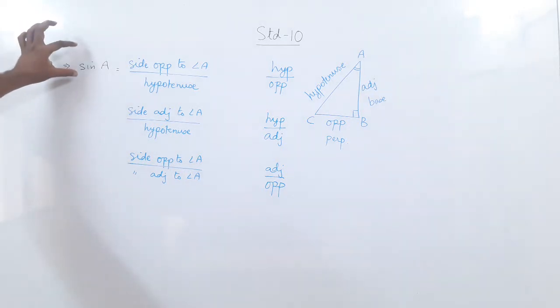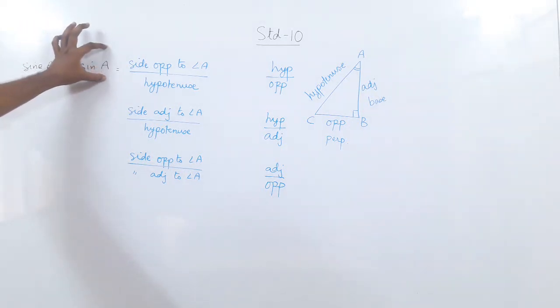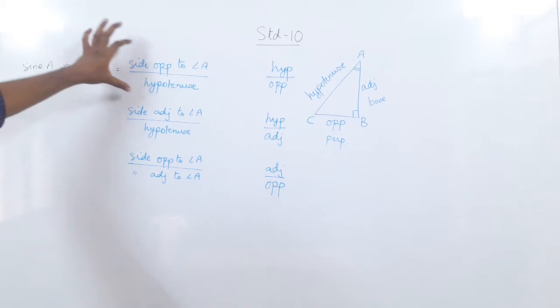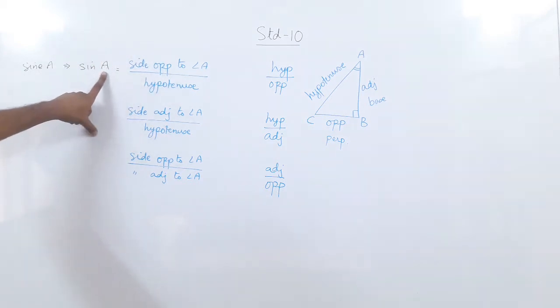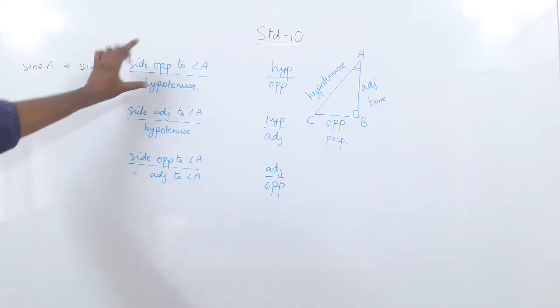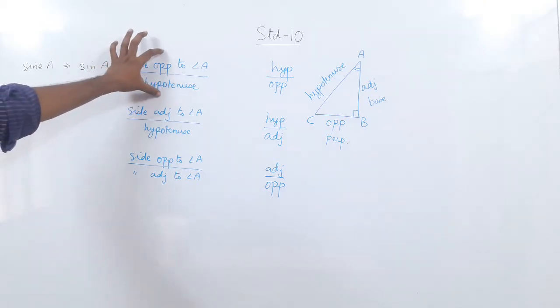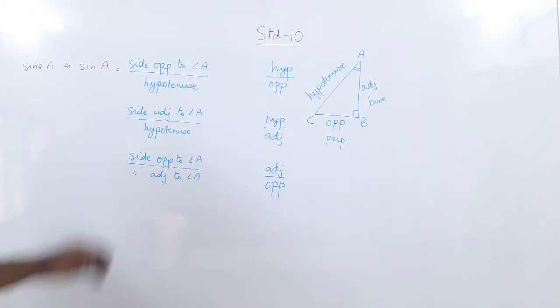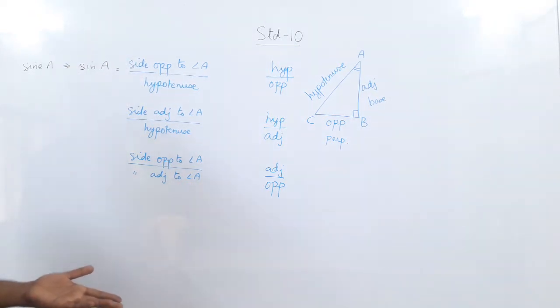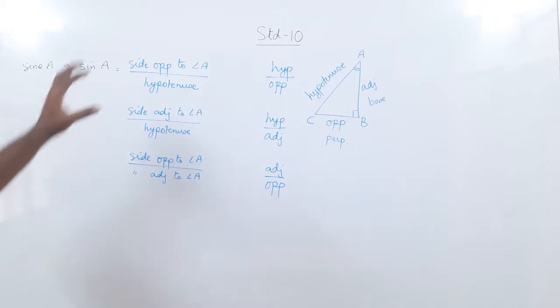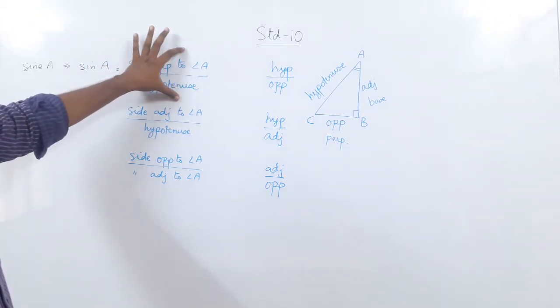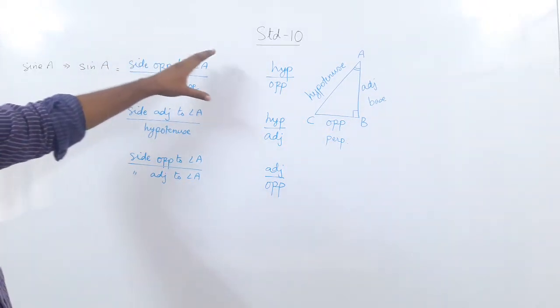So what do you get? Sine of an angle gives a ratio. Now try to understand this. This is an angle. This is a ratio. What does it tell you? The sine of an angle is equal to a ratio. And how do we have a ratio? Ratio is in the form of a rational number. Yes, it can even be an irrational number, but they are real numbers. Just now we stick to real numbers, so they can be rational or irrational numbers.